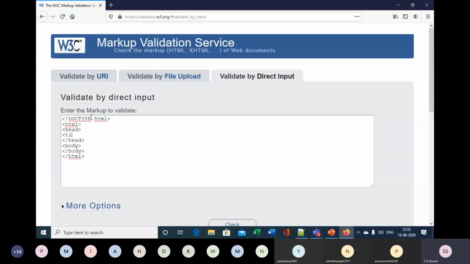So demo page, close this title, and in body just put one h1 and put welcome, and close this h1, and then validate it.